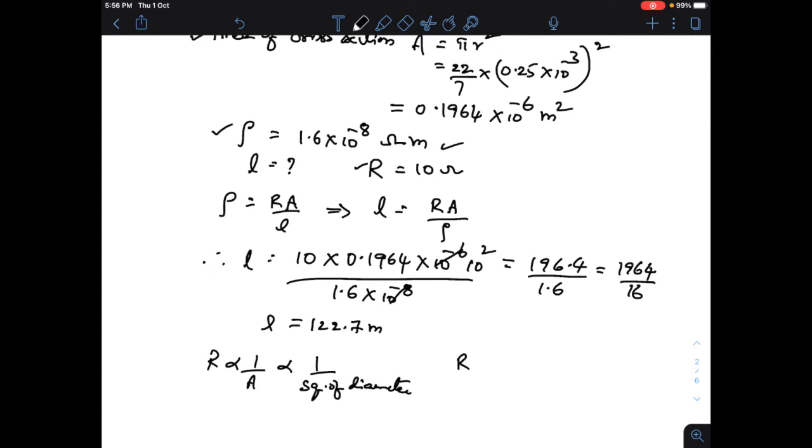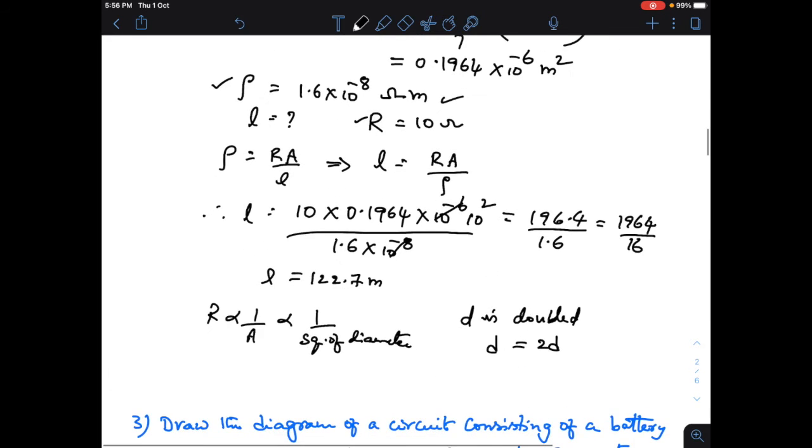Therefore, if the diameter is doubled, that means D is now equal to 2D. Then R will be